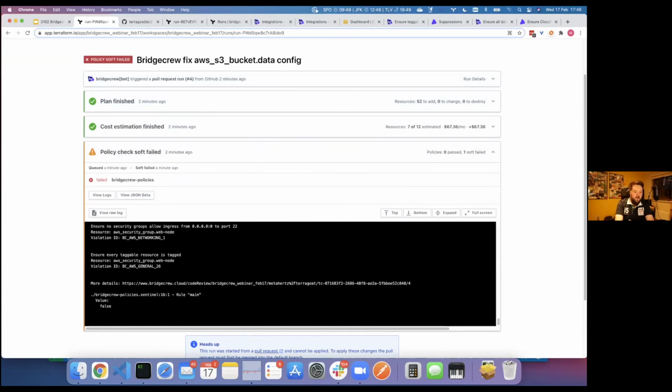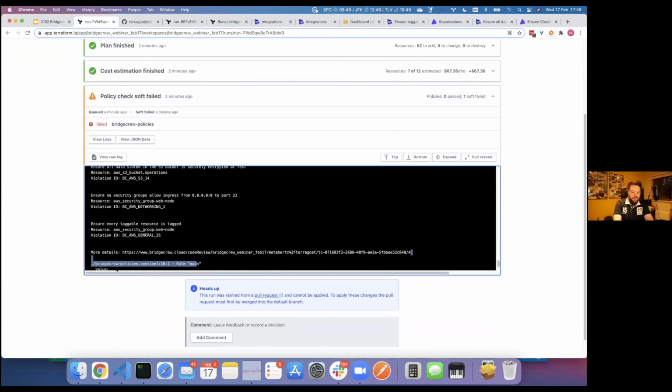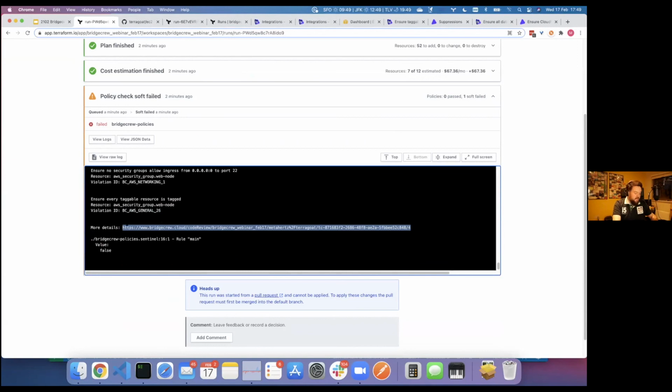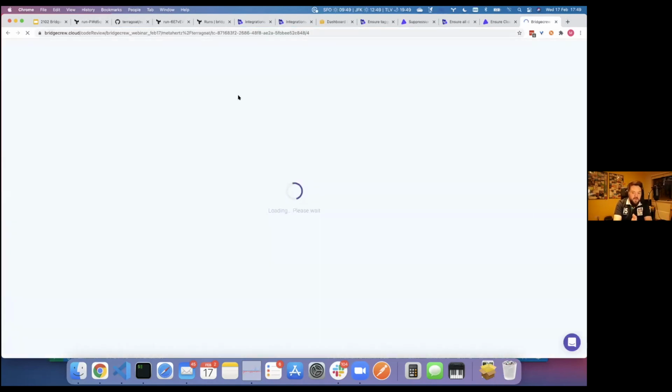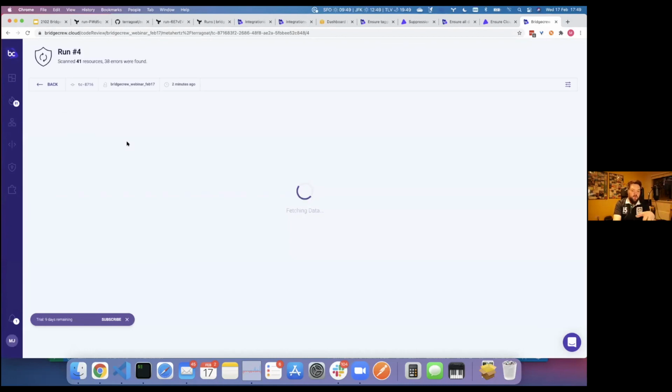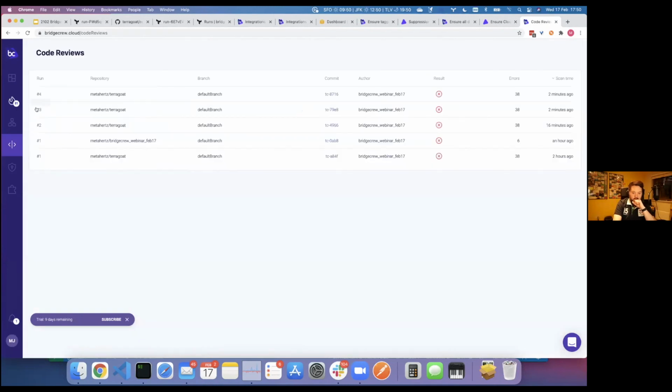We're scanning the PR as if it's a branch. And what you will see in here is that for this run, which is number 4, obviously because it's TerraGoat, there are a lot of vulnerabilities. But for this new run, which also gets put into the code review screen, because every run that happens for the guardrails, we log in here, you'll see there will be fewer errors than on the previous run. Right, because we've fixed some of those in that speculative issue. So 41 resources, 38 errors found. And if we go back to code reviews and look at this one,